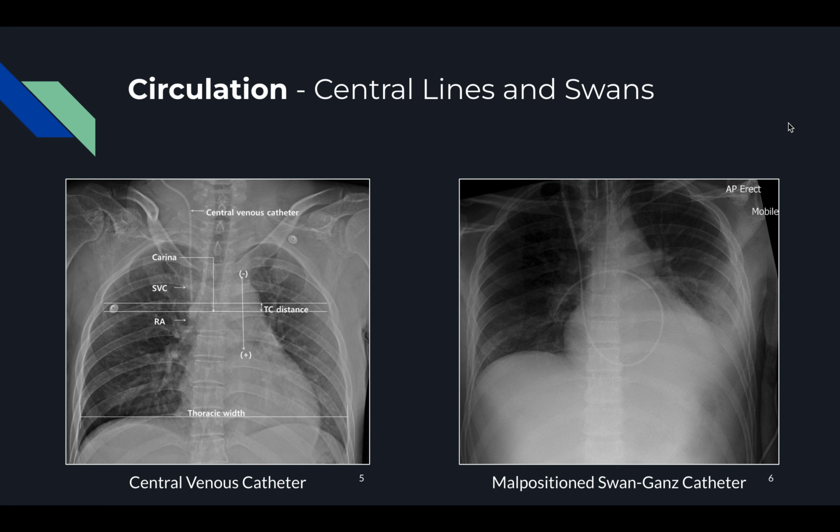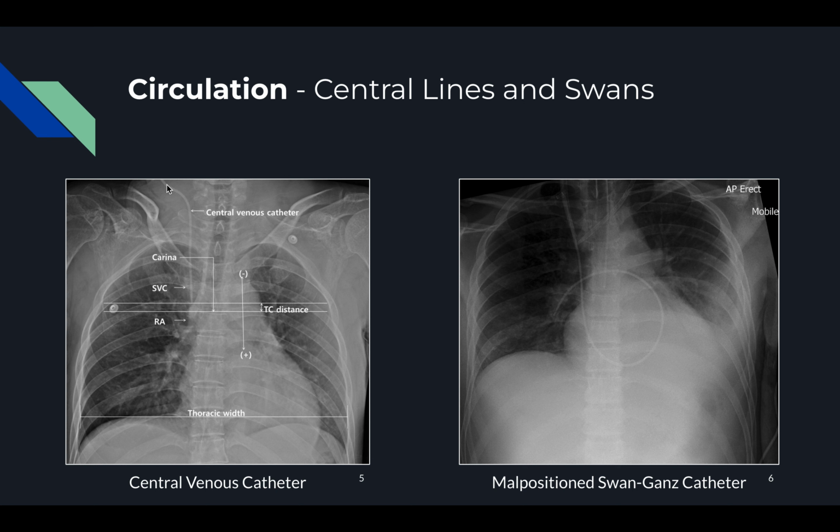Moving on, we'll talk about circulation. There are a few different things to look for as far as lines and tubes when talking about circulation. So we'll start with central venous catheters. On the left here, we have an image from an article I found online, which I thought demonstrated the placement of a central venous line